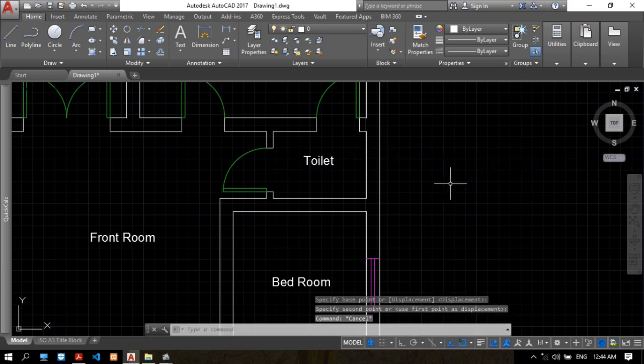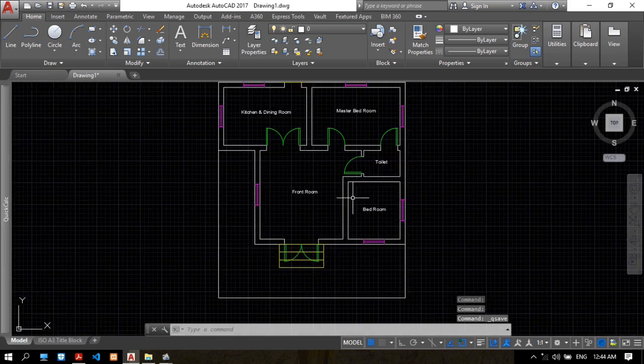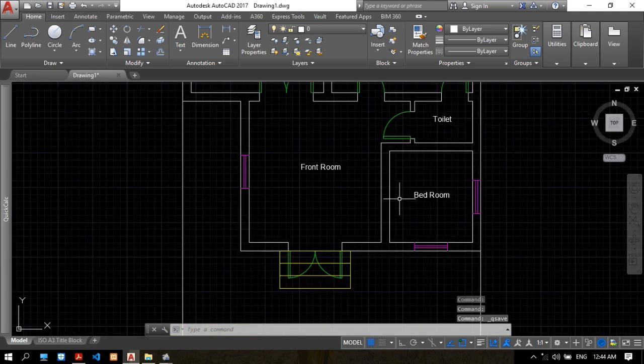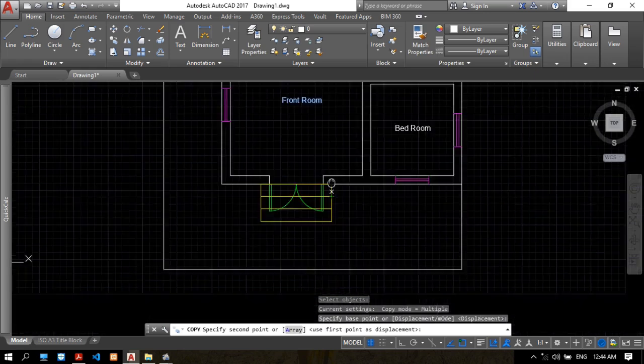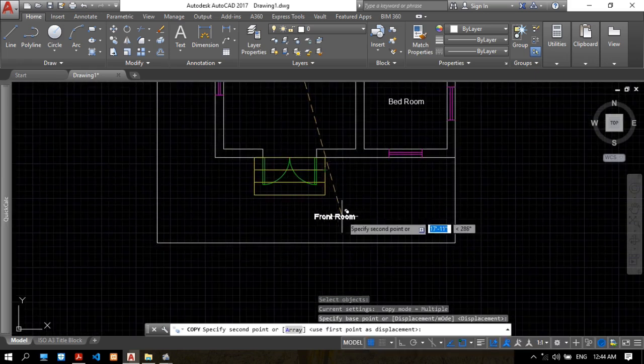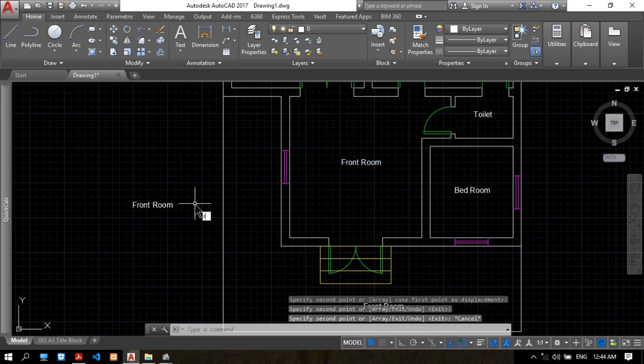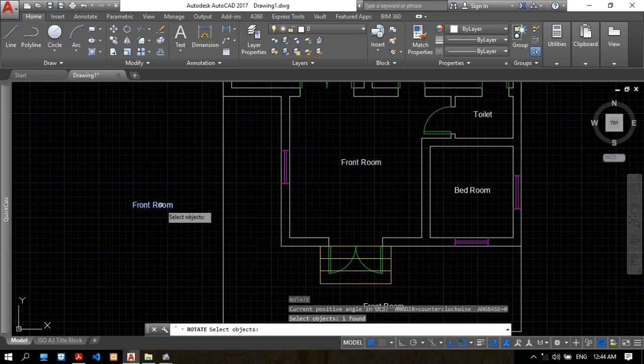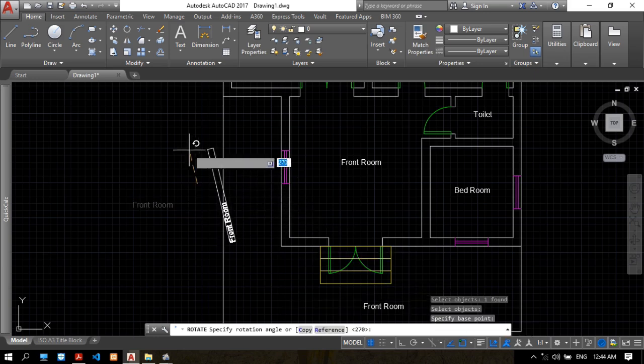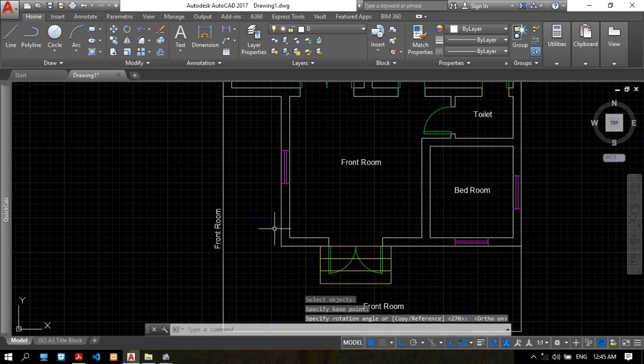Yeah. So the CP command here, point is polygon. Then RO for the rotation here. Then auto on here. And for the move command here,